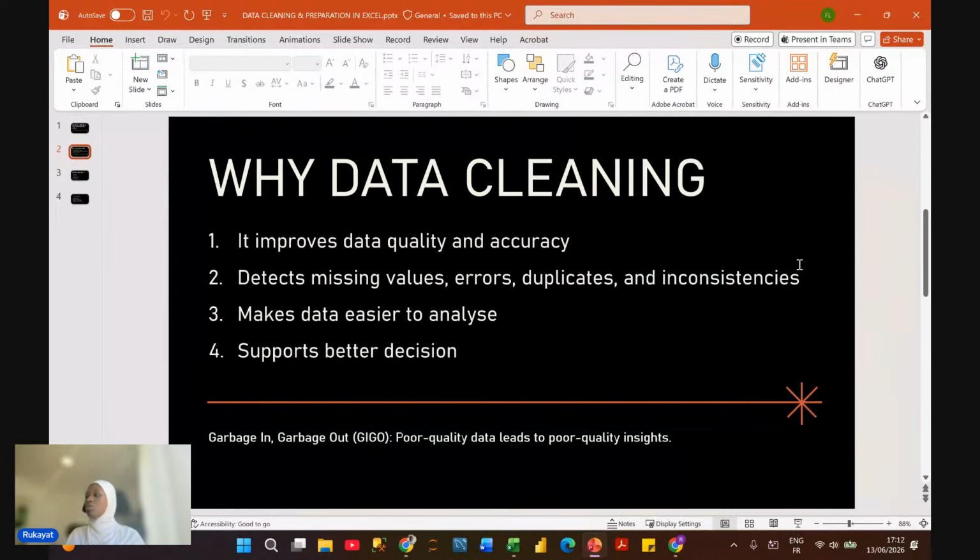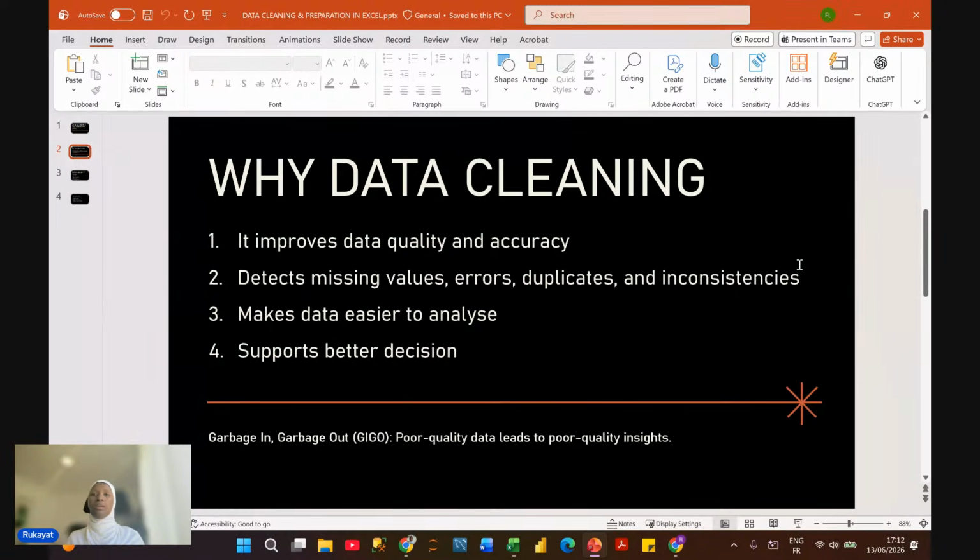After the performance of data cleaning, there's something also about the dashboard. When you are creating your dashboard or analyzing your data, it makes your analysis easy to do because you have already cleaned the data. And the last one, which is not the least, of course, it helps to make better decisions